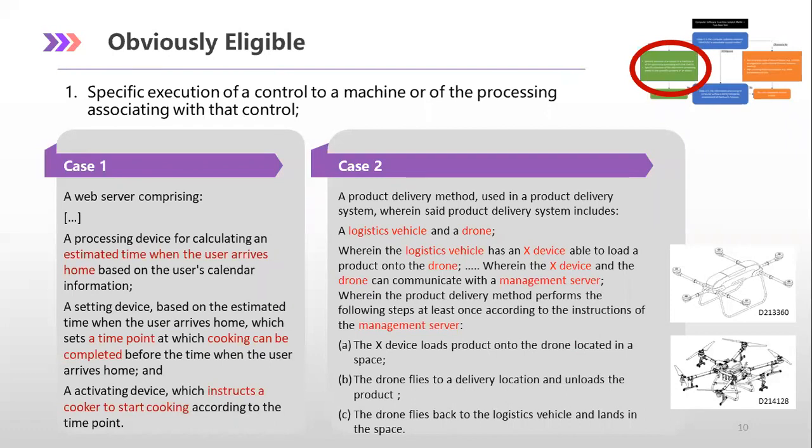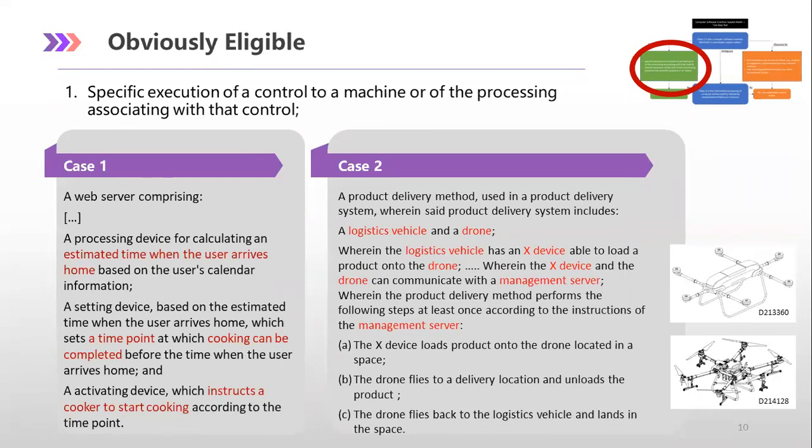Case number one is about an automatic rice cooker. The new chapter explained that the claimed invention is to manipulate the function of a home appliance, meaning to control a cooker to finish cooking in a set time. It suggests that it refers to a control of a machine based on the internal components, gadgets of it, etc. So it is a specific execution of a controlled machine in order for it to pass step one of